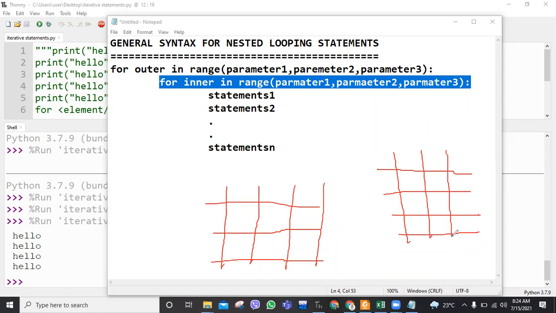Up to which column, or how many columns, you want to print that particular output. By this combination, your output will be displayed in nested form. So just remember, the outer loop is concerned with rows, the number of rows or lines, horizontal lines, and the inner loop is concerned with columns or vertical lines. Clear? So this you have to understand. Let's go with one example, then it will be more clear to you.